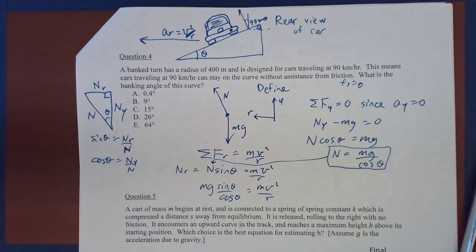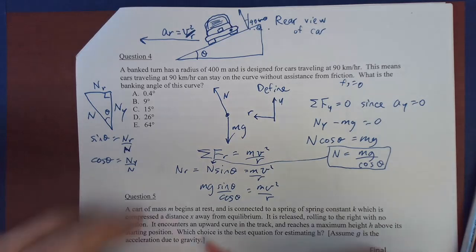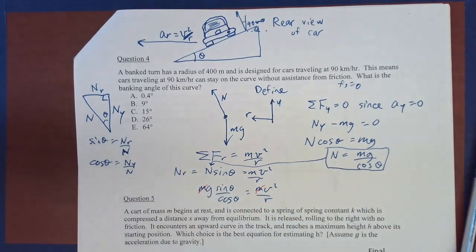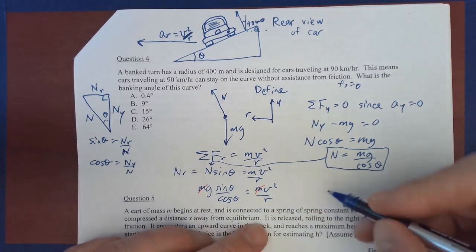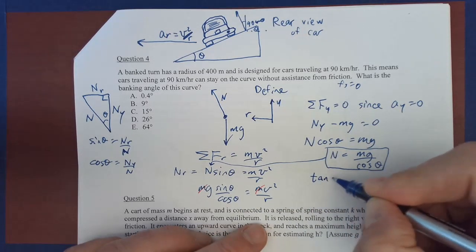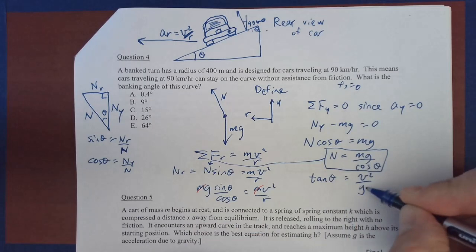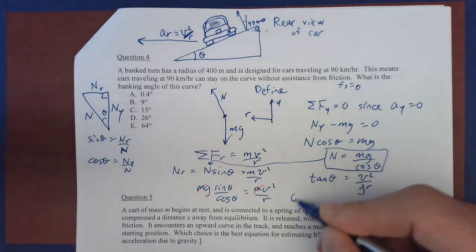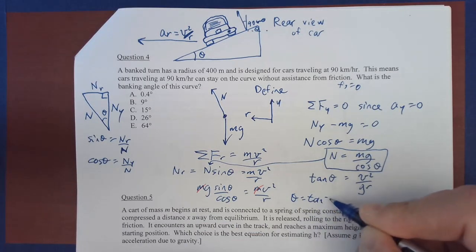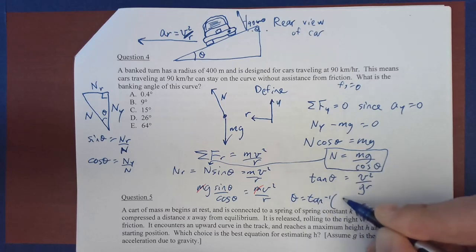Again, by either good luck or just good planning, the m's cancel. So we're trying to solve for theta: tan theta equals v squared over g times r. So theta equals tan to the minus 1 of,